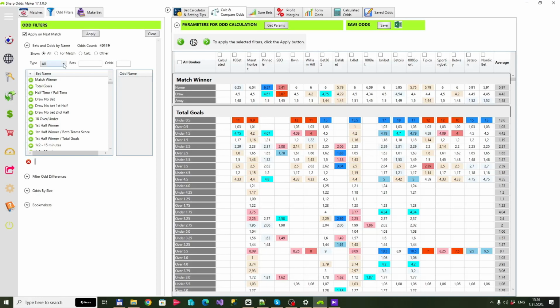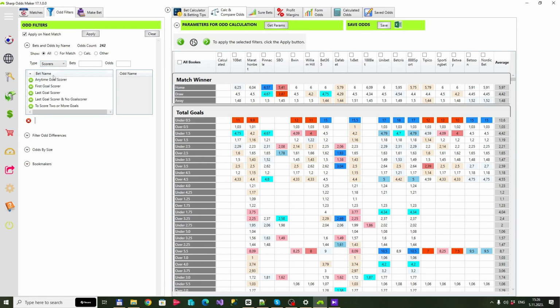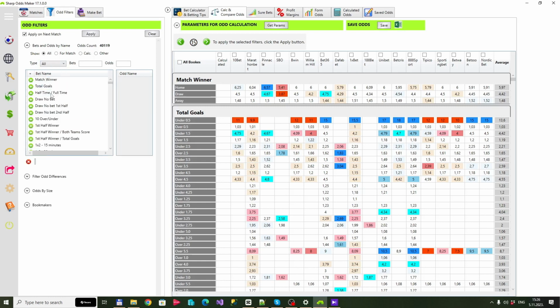It has these options: basic, common odds, combo, combinations with and, combo or, combinations with or, scorers, these are player or related odds, and all, this is the default option.